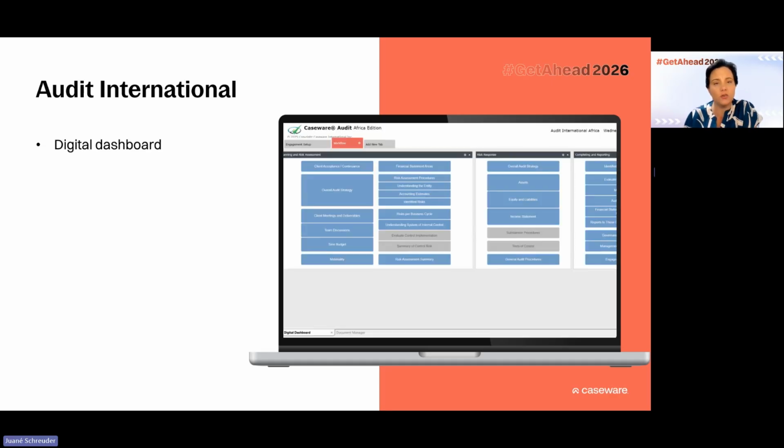And then the last image is to show you that you also have a so-called digital dashboard. If you look at the bottom left of this screen, you will notice that we have a document manager. That's for both Audit International and Probe Audit. And then you've got the digital dashboard that indicates that you are using Audit International. Right, so hopefully that helps you to determine which methodology your firm is using and which one I'm going to be working with, seeing that you might have already worked with a few points.